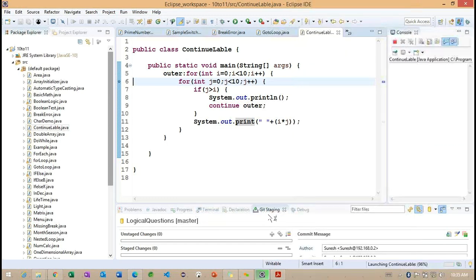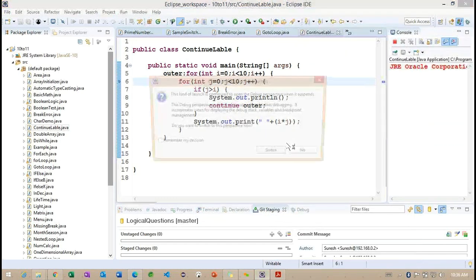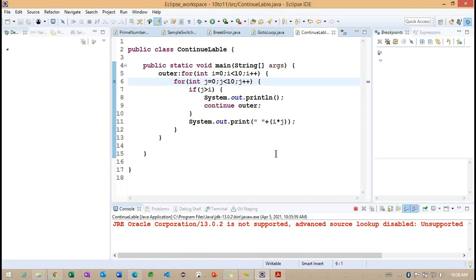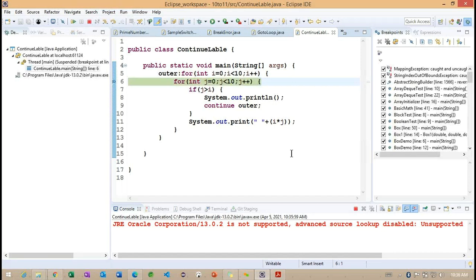We'll try to check with the same example using the debug mode here. Observe here, i value will become 0. In the same way, we are already aware, this particular j value also will become 0. So will this condition be satisfied or not?